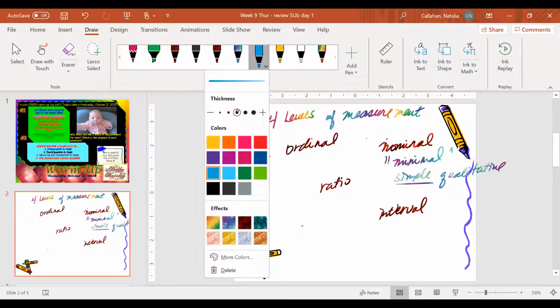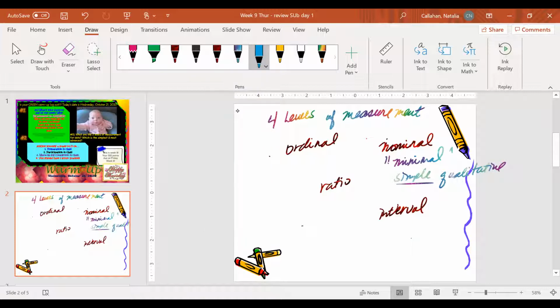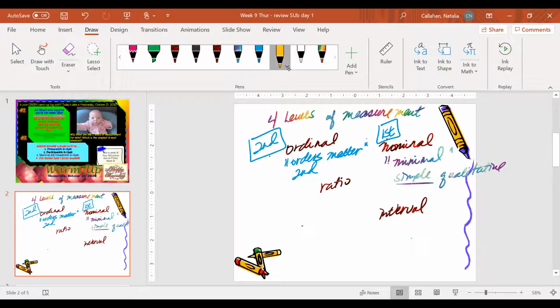Then I remember that after nominal is going to be ordinal, which means orders matter. So you can go ahead and order them in order. And so this one is going to be the second most simple, I guess. So this will be the first. This will be the second. Then after that one,